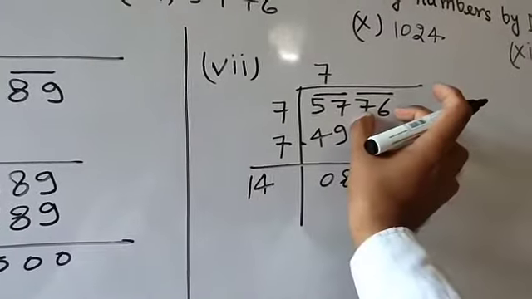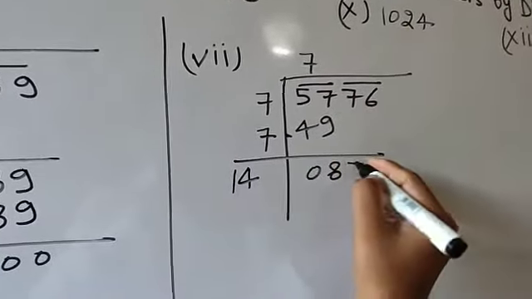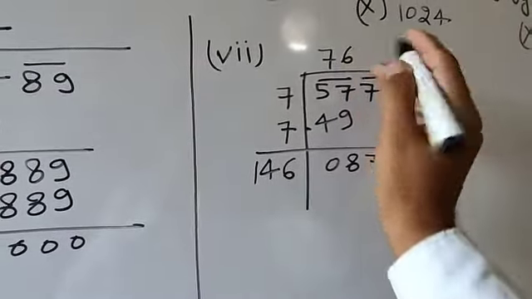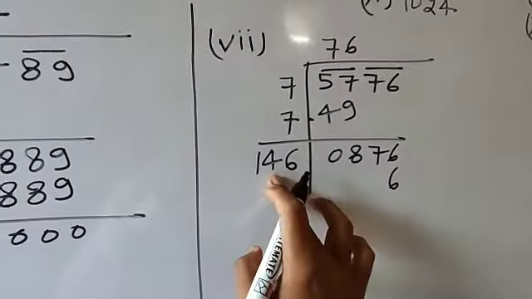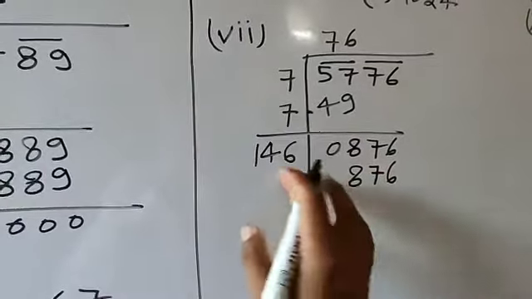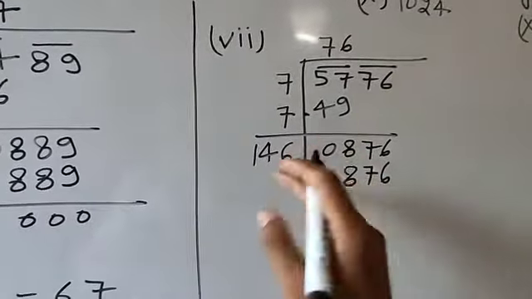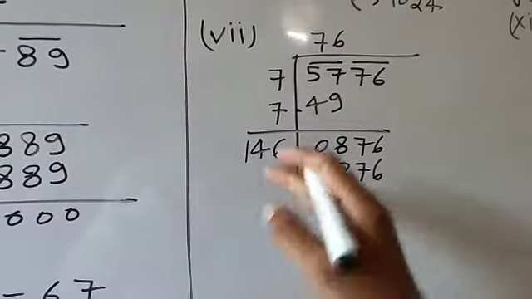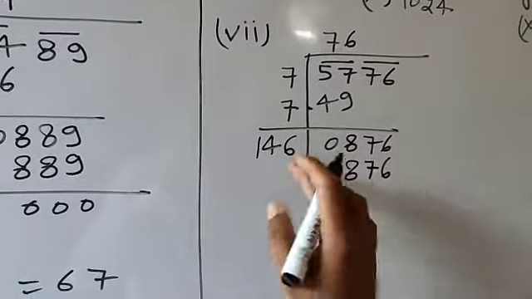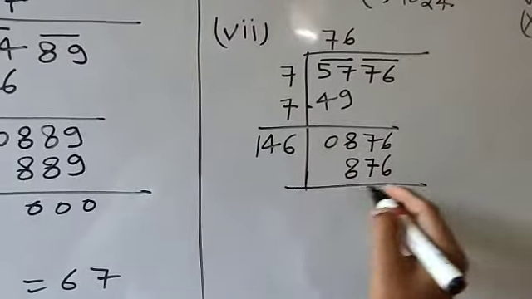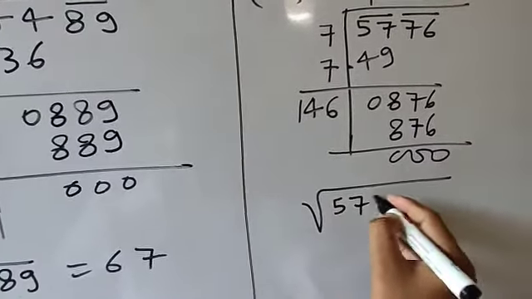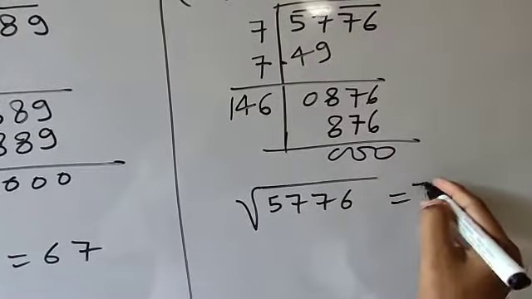After that you will bring down the next pair of the number here, that is 76. Now if I take 6 here, then 6 6s are 36, 6 4s are 24, 24 plus 3 is 27, 6 1s are 6, plus 2 is 8. Suppose I put the number directly here, but you need to find it. Suppose you put 4, you will check after that 5, then 6, and on whichever number you get exactly this or just less than this, that will be the number kept here. After that here it will be 0. So here you can write square root of 5776 equal to 76.